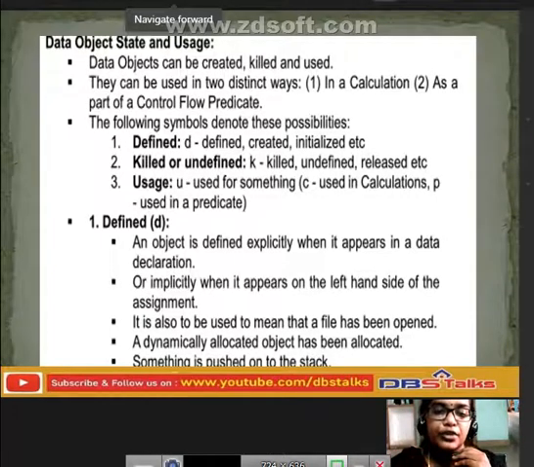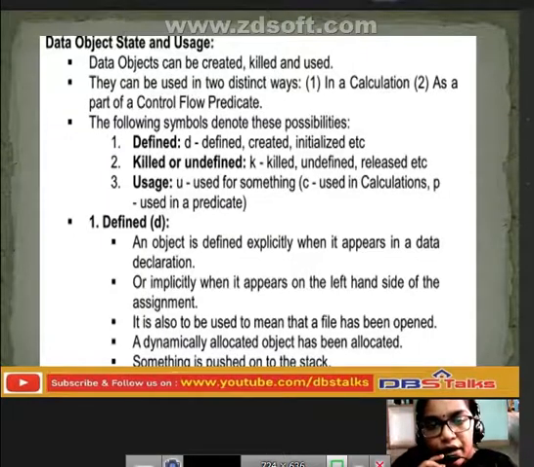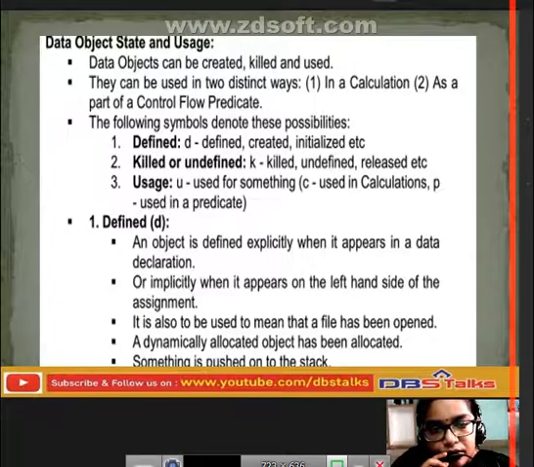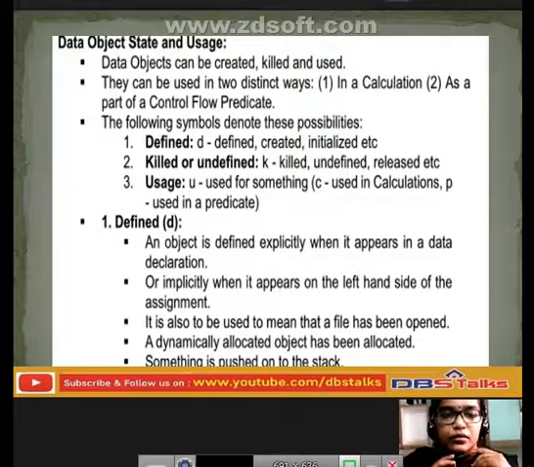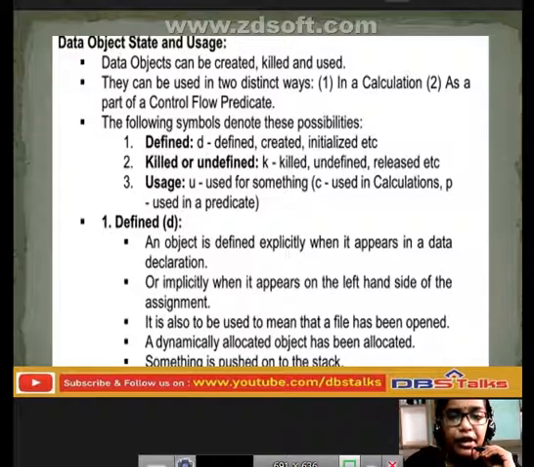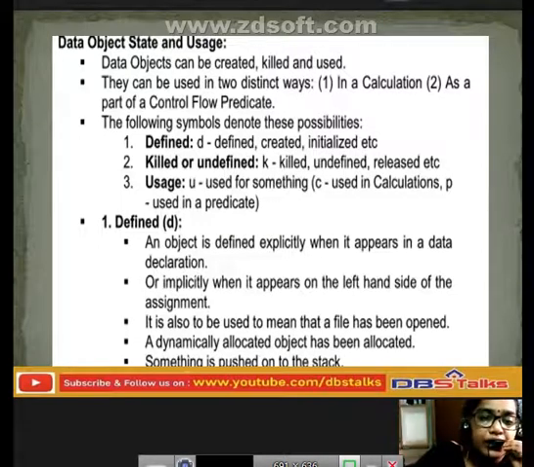Whenever you are going to initialize a data object, we can say it is defined, and we can also say it is created. So from this we can say that it can be defined or created or initialized.